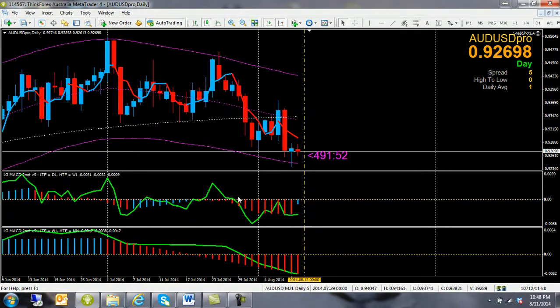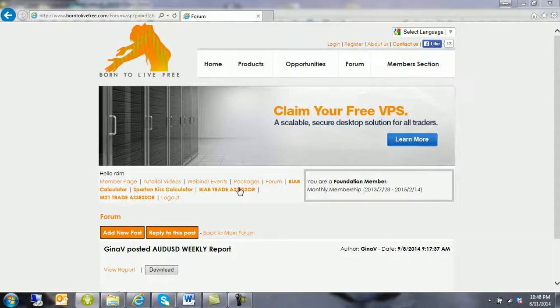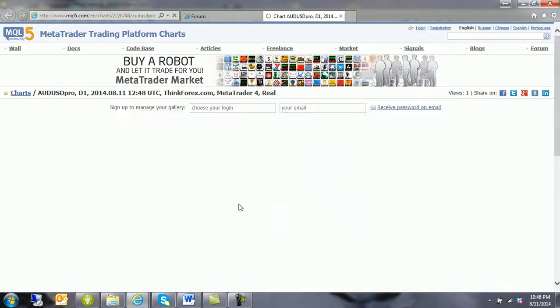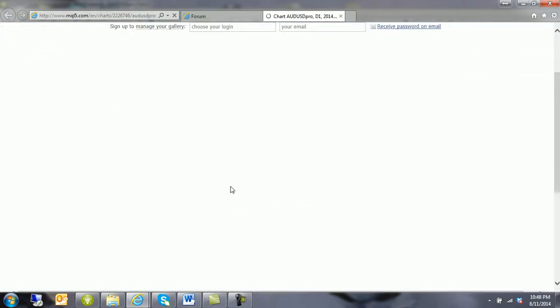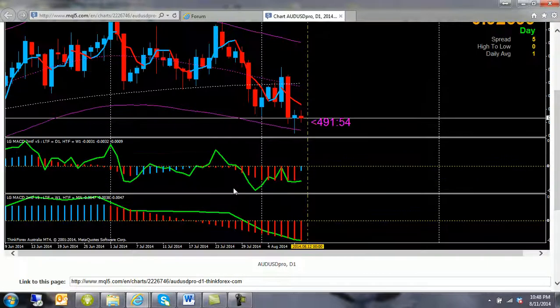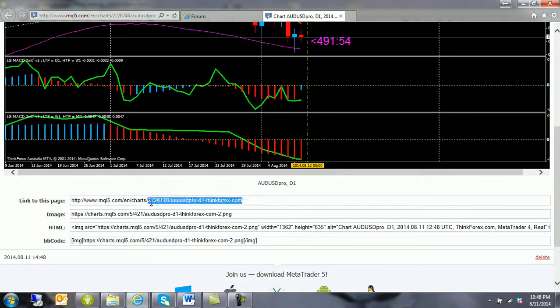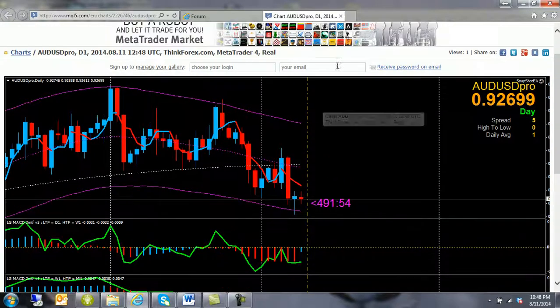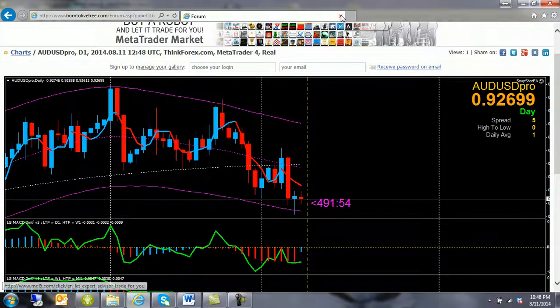If you click OK, and as you can see, it opens up a fixed image, so indicators can be assessed as they were on the open without any movement. And as you can see here, we have our link, which we can copy and paste on the forum. Okay, so if we now close this,